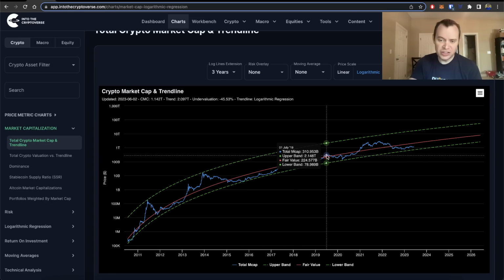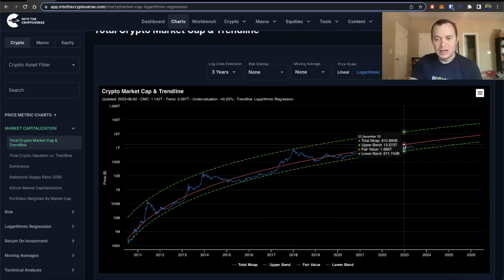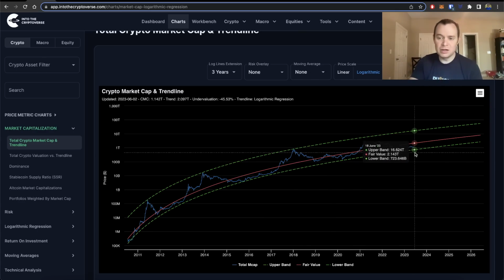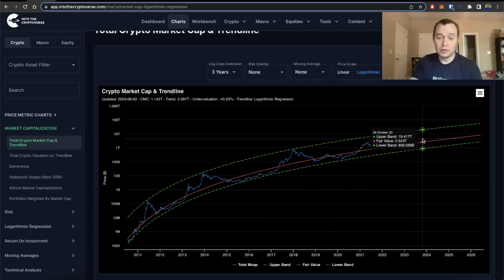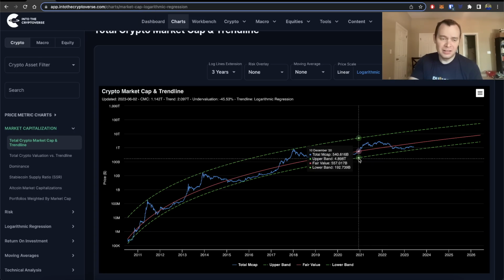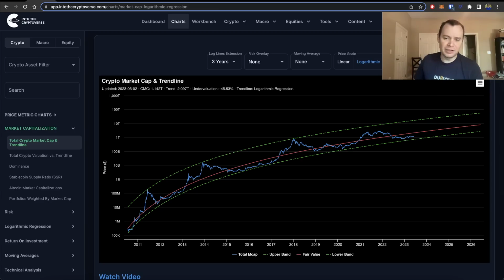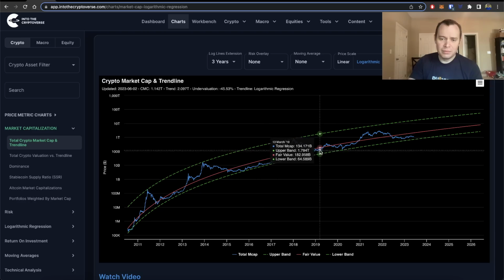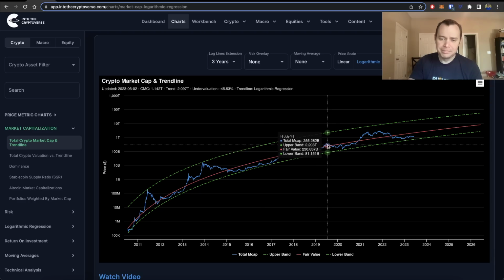It doesn't mean that you can't have a 2019-like rally where you go slightly above it, but it wasn't a sustained move. And so even if that were to happen this time, I don't really think it would be a sustained move until we really work out the yield curve issues that we have to deal with, which is the same thing we had to deal with last cycle as well. I mean, we had the inverted yield curve last cycle, and the market climbed the wall of worry,